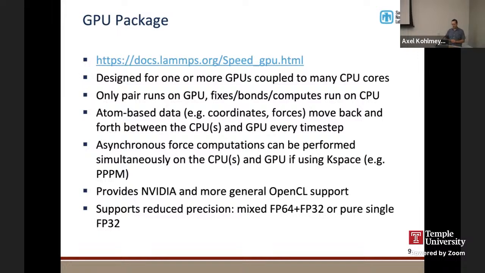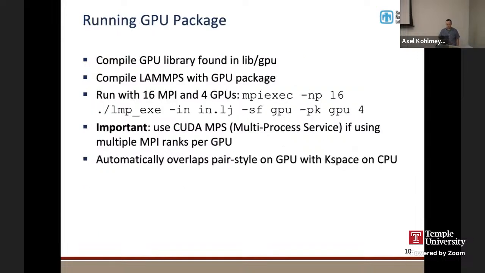The GPU package uses NVIDIA CUDA for NVIDIA GPUs. It supports HIP for AMD GPUs, and it also has more general OpenCL support. Just like the Intel package, the GPU package also supports reduced precision, either mixed or pure single. So running the GPU package is a little bit more complex. First, you have to compile the GPU library. If you're using the traditional makefile, I believe with CMake it is automatically enabled and the library is built. And then you need to enable this optional GPU package